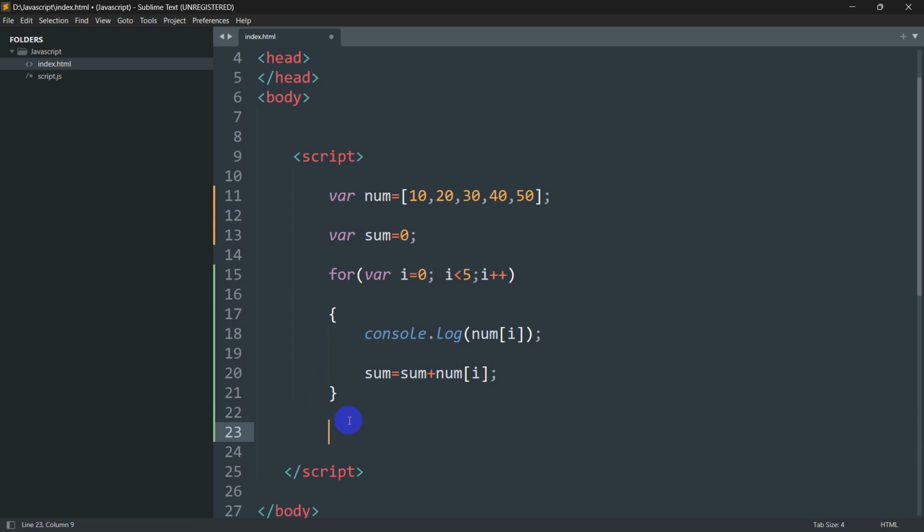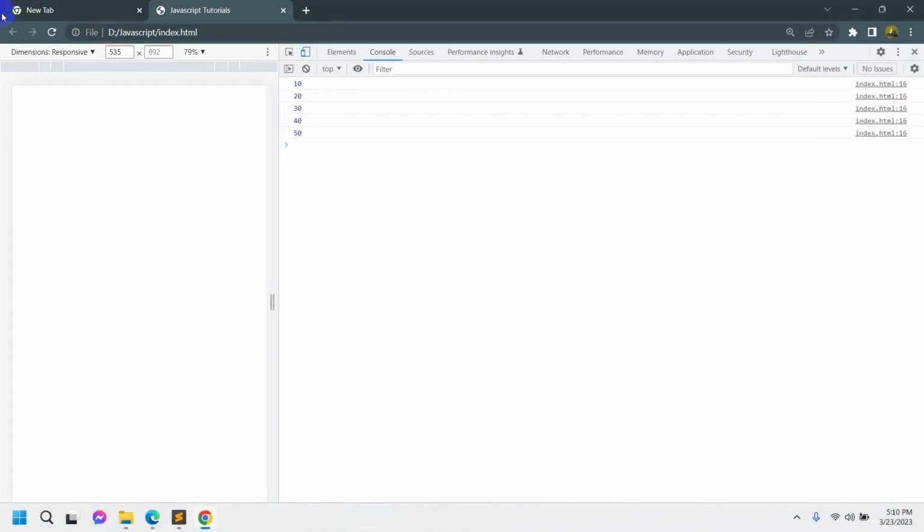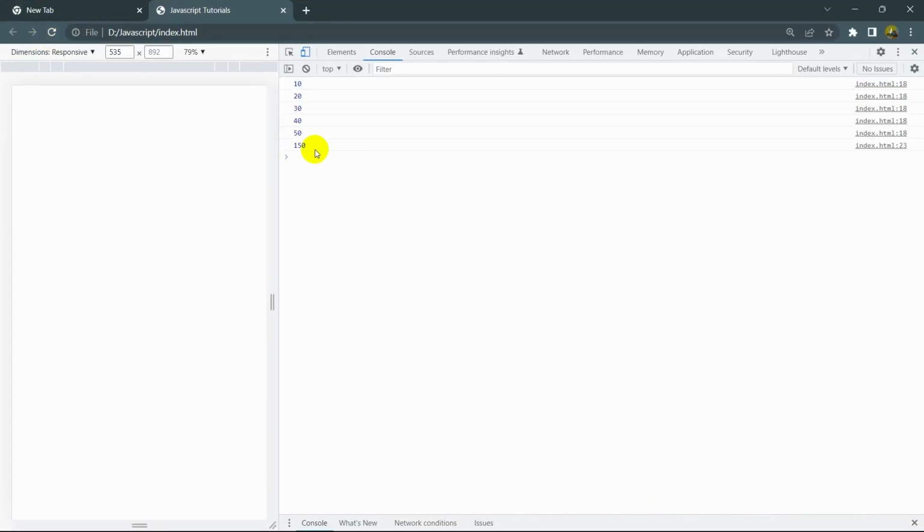Let's over here console.log, and here if we just put sum, we'll get the total value. Let's save, then refresh my browser, and here you can see we are able to get the total value. So this is how you can use a for loop